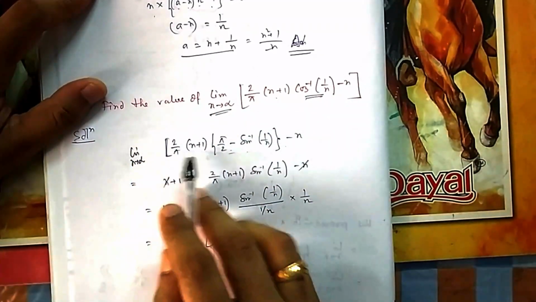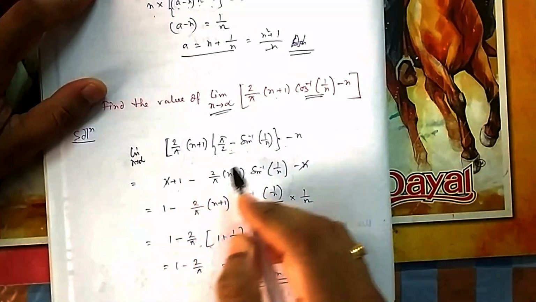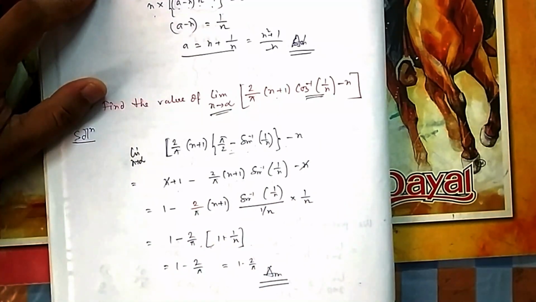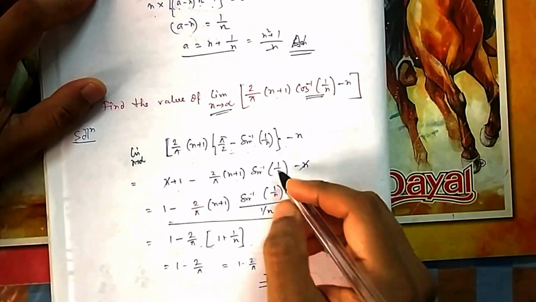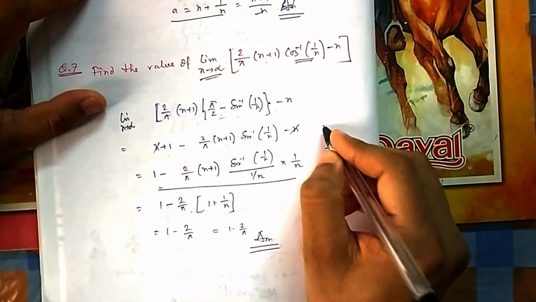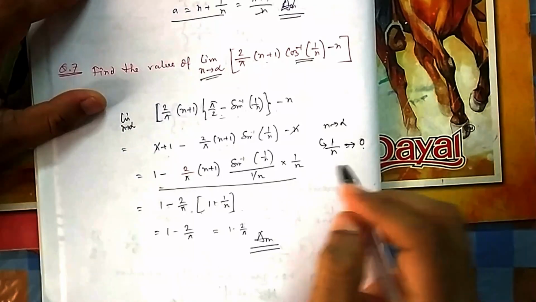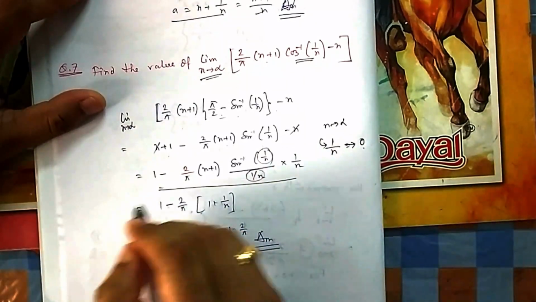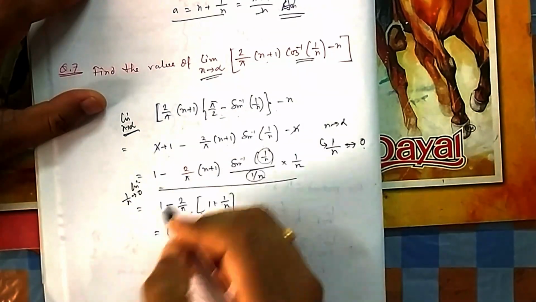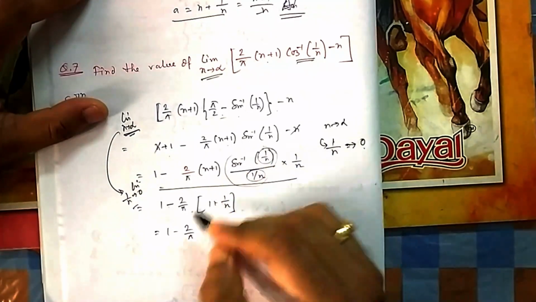Don't forget that one. Now if you take the product of these two, it will be pi by 2 into n plus 1, and this, and that is minus n. So n gets cancelled, ultimately you are left with this one. If you write it in a good fashion, because your n tends to infinity, where will 1 by n go to? It will go to 0, 1 by infinity is 0. So this limit you can also write: if n tends to infinity, then 1 by n tends to 0. Same thing, n goes to infinity means 1 by n goes to 0. So this will be your 1.